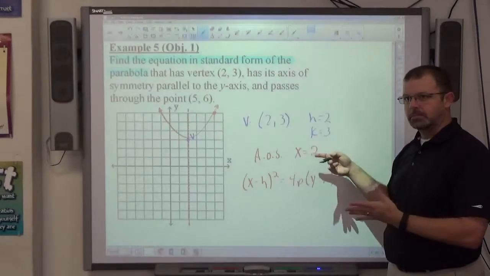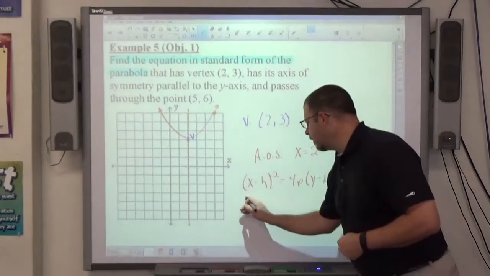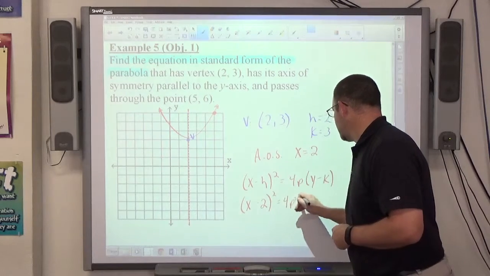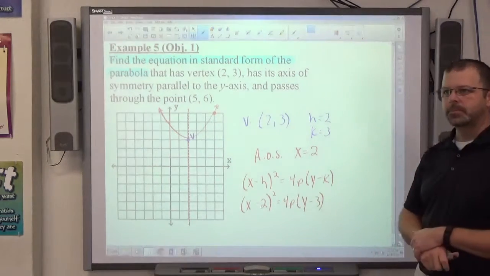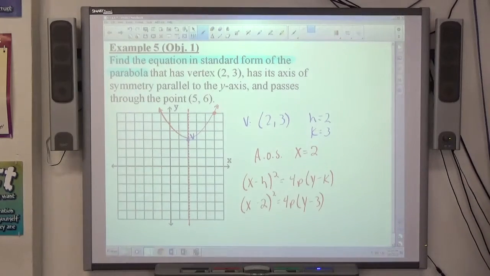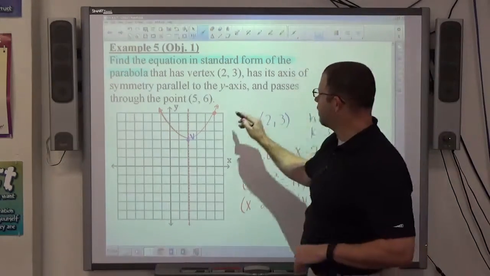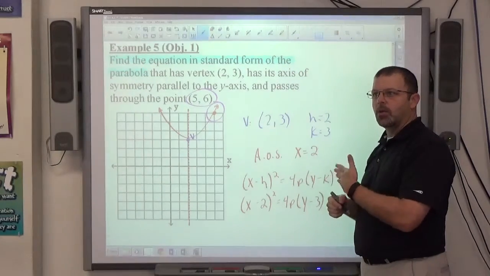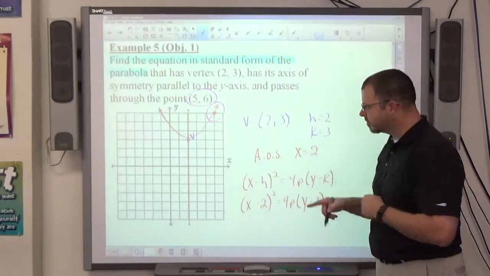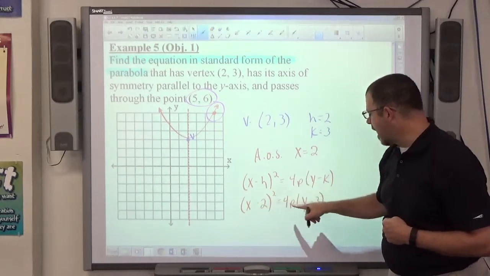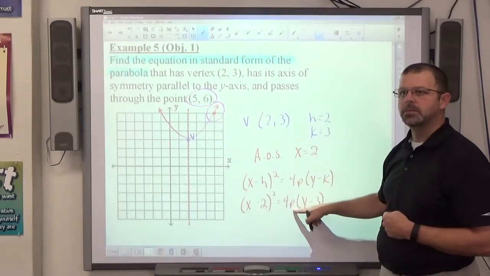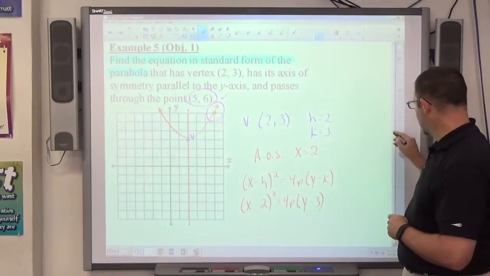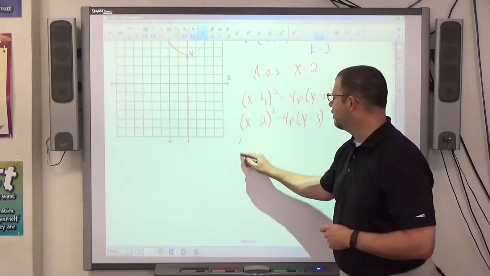I know h and k. I don't know what p is. So I'm going to get the answer written down exactly what I can do at this point. x minus 2 squared equals 4p times y minus 3. The extra added piece of information, this point they give me, this 5, 6 they've given me, is a value of x and y that we know in this parabola that we've got. If I establish x is 5 and y is 6, the only variable left is p. So I create the answer to the extent I can, then I use the extra piece of information to establish the value of p. So if I change x to 5